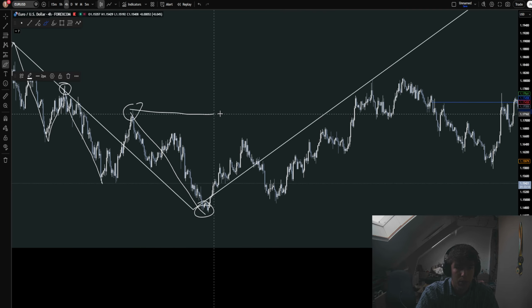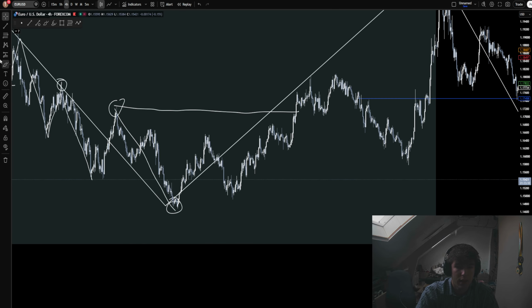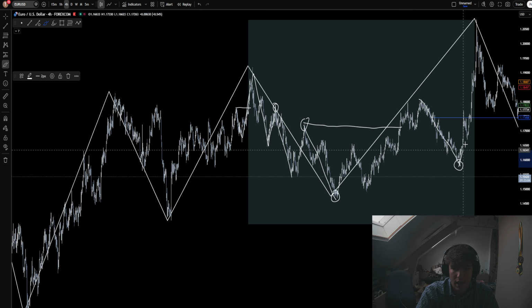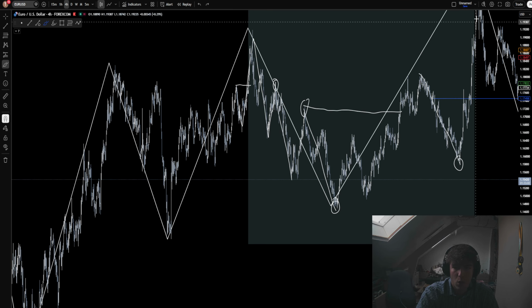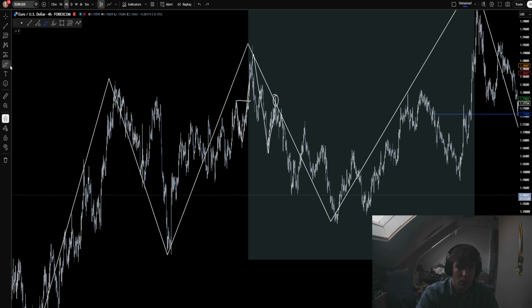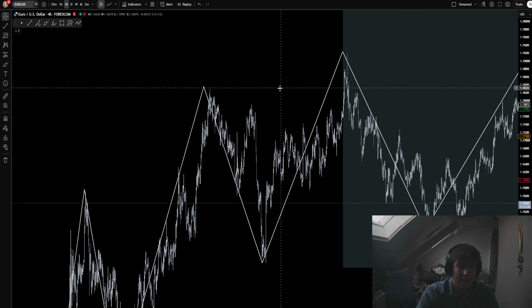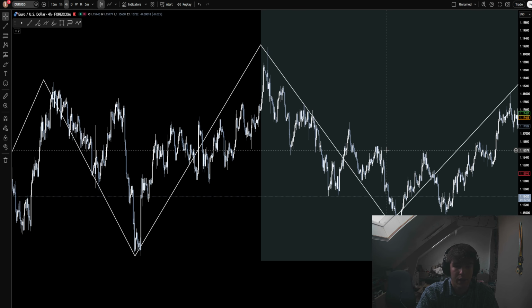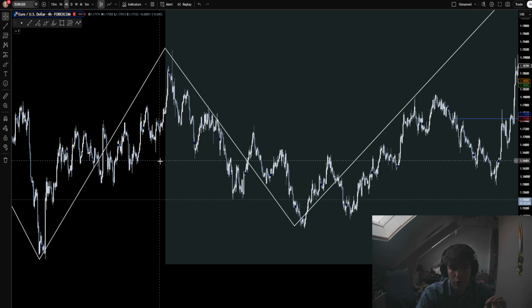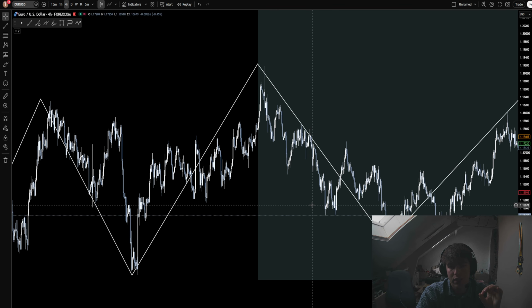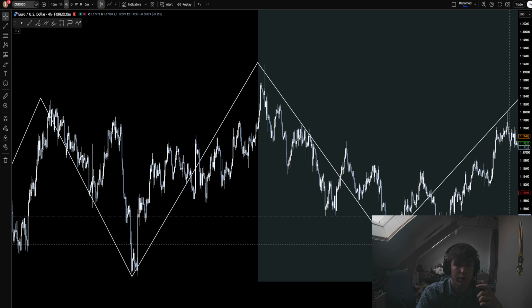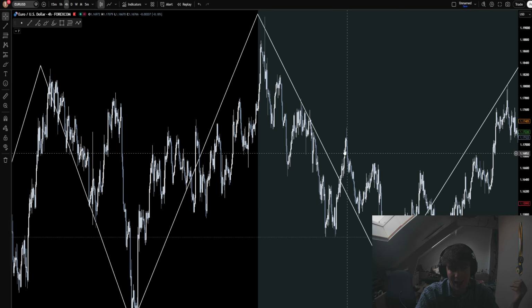We see boom, boom, boom, boom, boom, boom, change of character. Okay. And then we see a pullback, boom, boom, boom, towards a higher low. And then boom, explosive towards the upside. So this is very clear